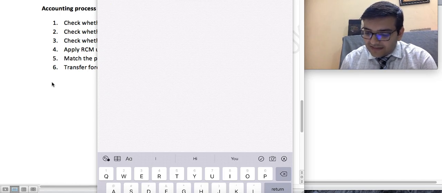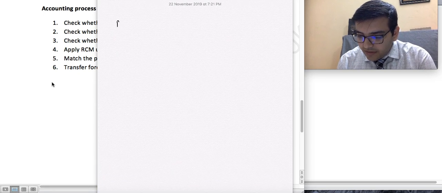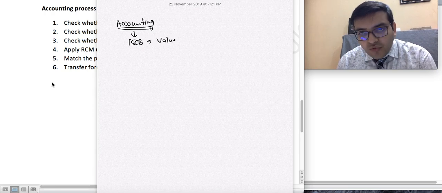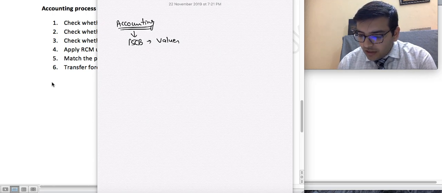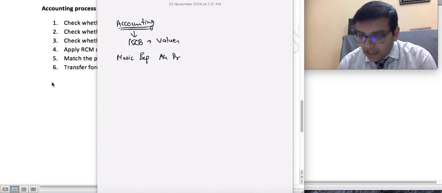So let us say music service account debit. Okay, so what will be the accounting entry? For accounting, I will tell you, take 15 CB values. Whenever you account, only account on the basis of 15 CB values. So our expense is music expense account debit. I'll tell you the amount.